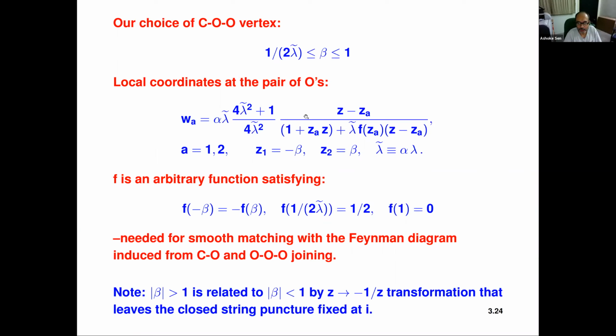Well, here, of course, topology is very trivial. We have just a real line. The condition f of 1 equal to 0 just comes from the fact that we want this local coordinate system to be invariant under z goes to -1 over z, because that's like a modular transformation, because it just maps the beta larger than 1 region to the beta less than 1 region. And so at 1, you have to make sure that it matches up correctly, and that's what gives this f of 1 equal to 0 condition. Right, thank you.